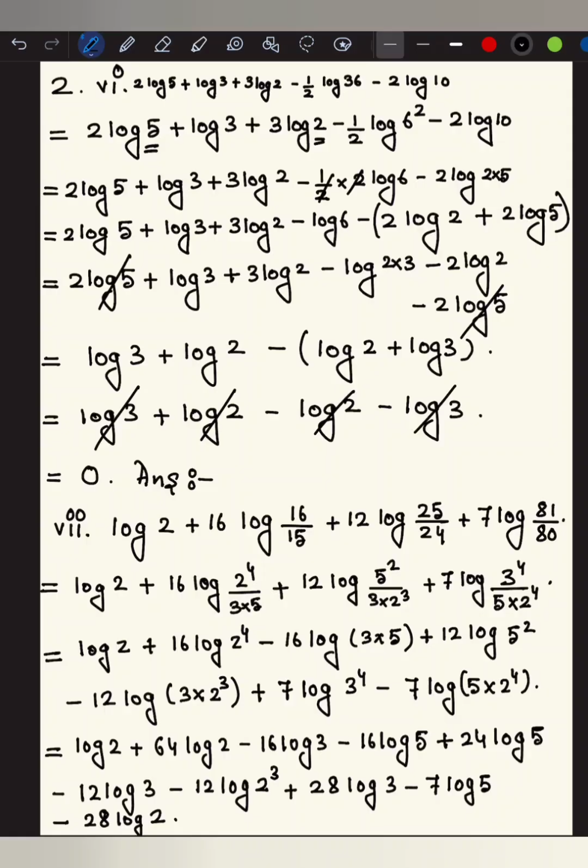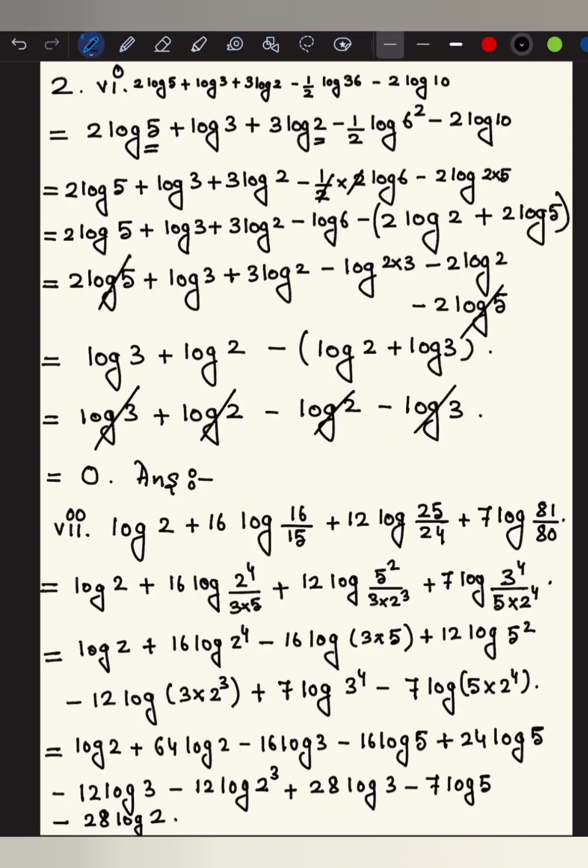Next, this question 7, what is given here is that we need to simplify log 2 plus 16 log 16 by 15 plus 12 log 25 by 24 plus 7 log 81 by 80. So let's just simplify it. So log 2 plus 16 log, this 16 can be written as 2 to the power 4, and this 15 can be written as 3 into 5,